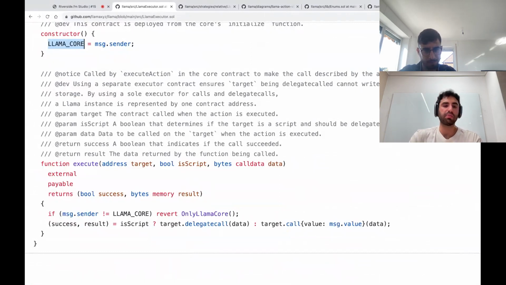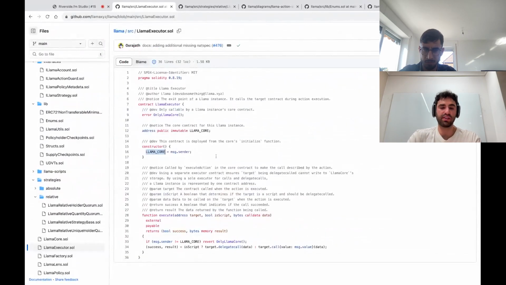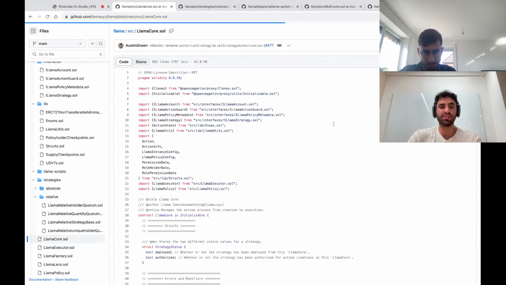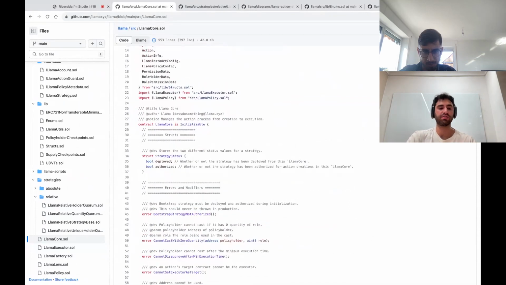So maybe you're some lending protocol and you have a risk script that has some function that updates multiple risk parameters in some way, and because the Llama executor is the owner of your risk functions on your protocol, then by delegate calling the script, it can execute that code and do it in the context of the protocol's owner. And if it's not a script, then it just calls with the passed in data. And so that is the crux of how the action flow works.